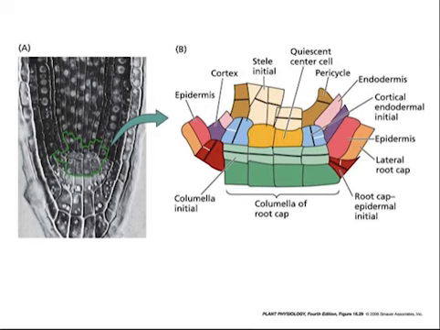The columella initials generally divide only anticlinally, and their progeny undergo rapid cell expansion and then differentiate, producing starch-containing amyloplasts that play a role in gravity sensing. The other three types of initials generally undergo both anticlinal and periclinal divisions, resulting in cell lineages that acquire different identities. For example, the cortex or endodermal